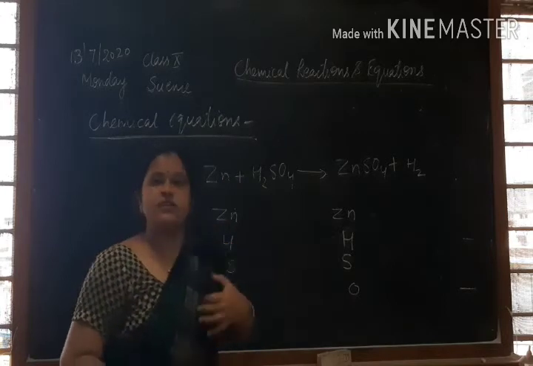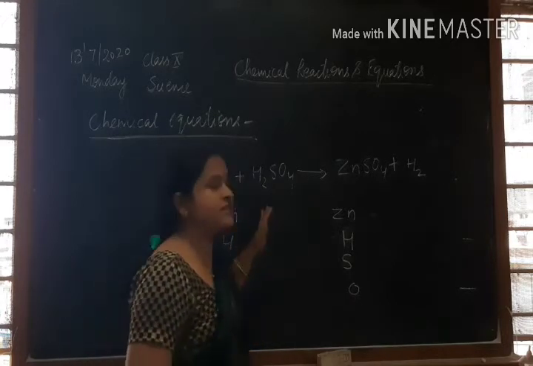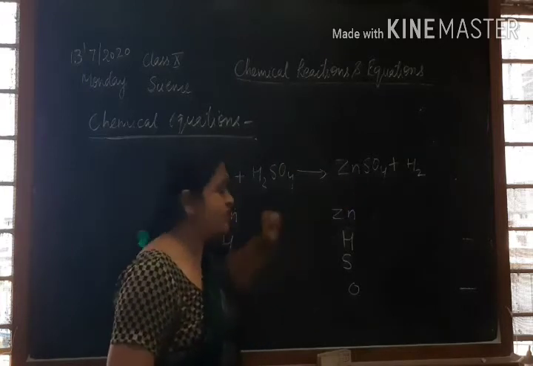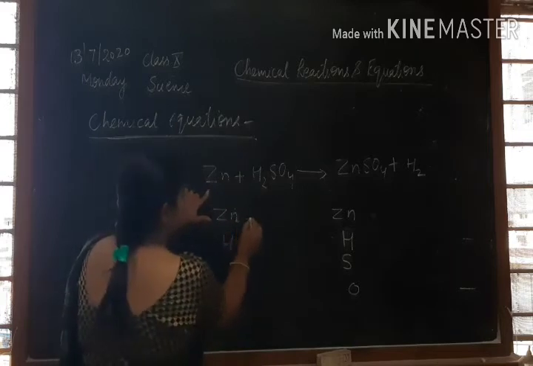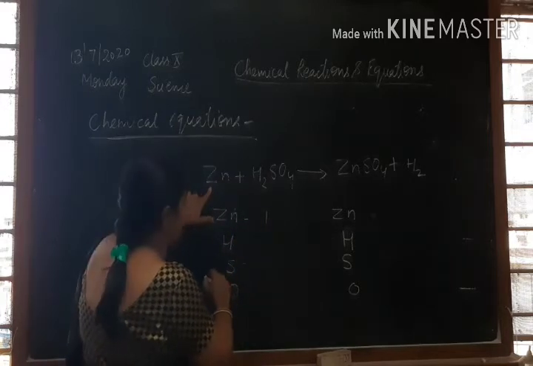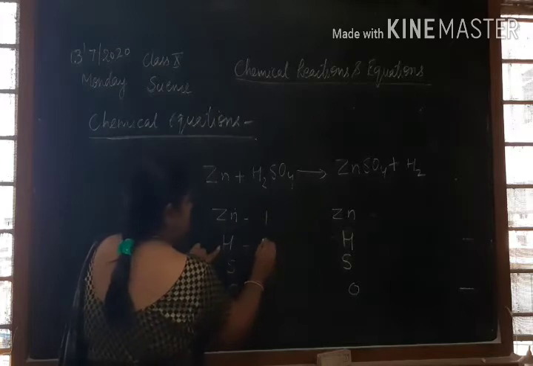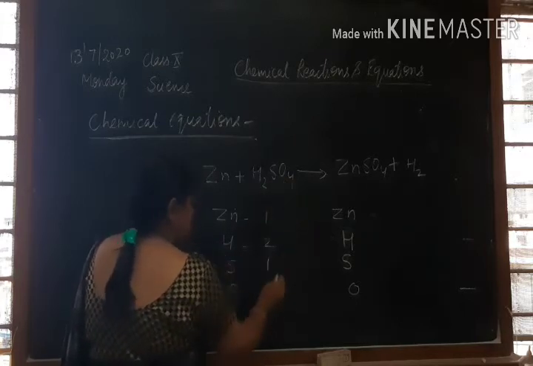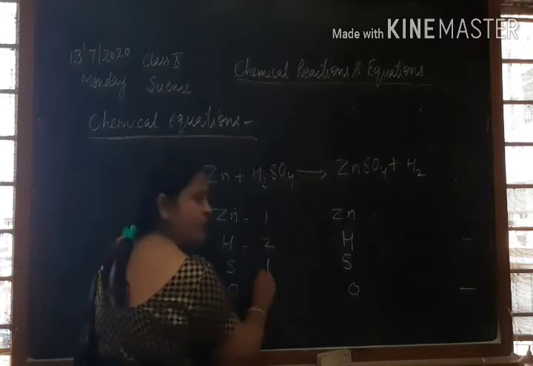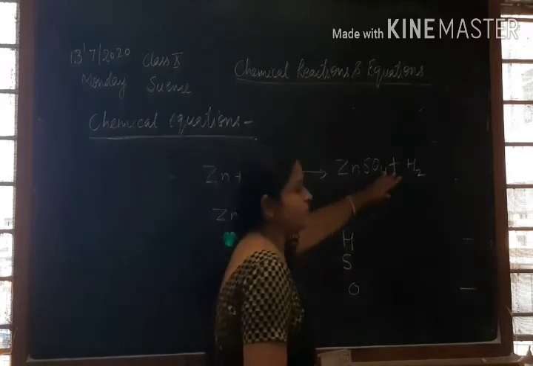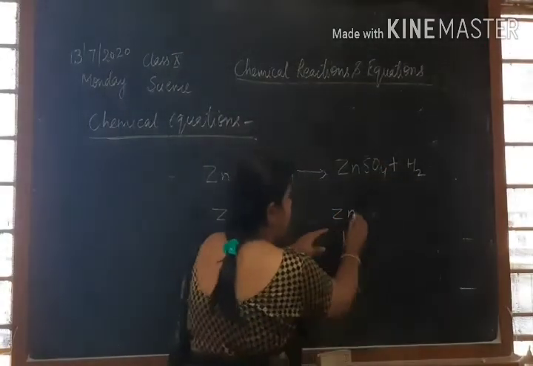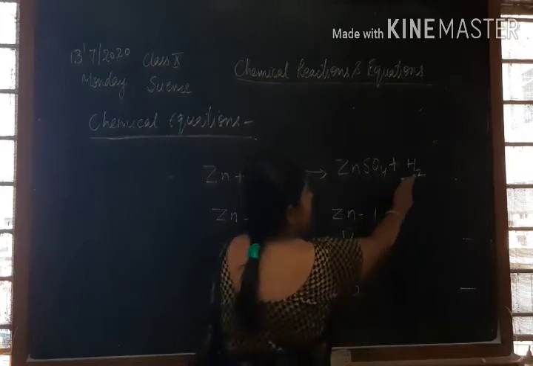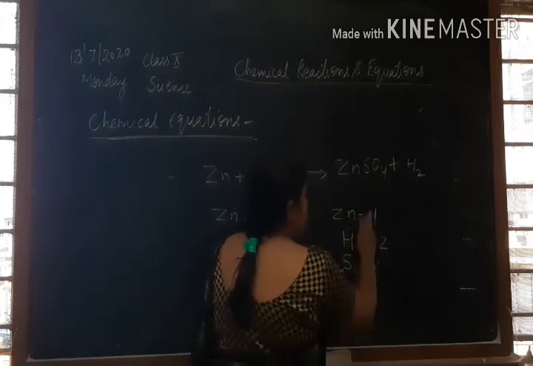Now you just calculate the number of atoms present in that particular reaction on the reactant side and on the product side. Here, the number of zinc atoms is 1, hydrogen is 2, sulfur is 1, and oxygen is 4. Similarly, from the product side I will calculate: zinc is 1, hydrogen is 2, sulfur is again 1,